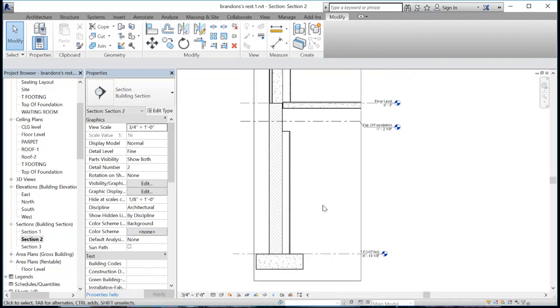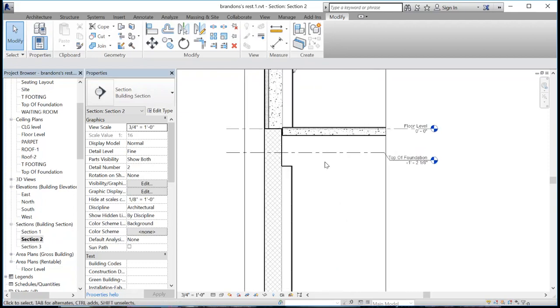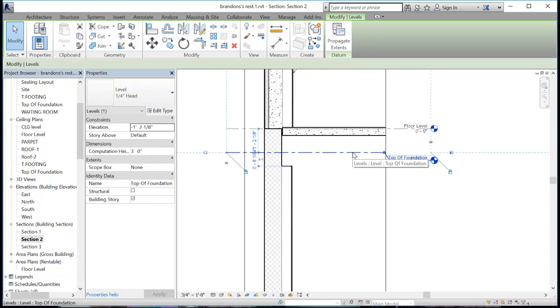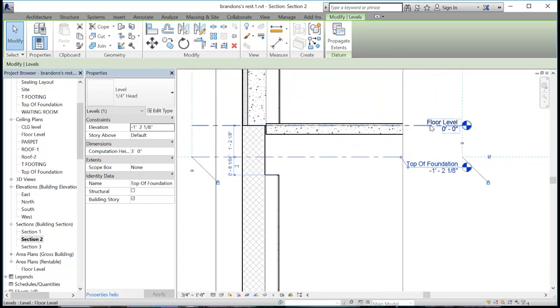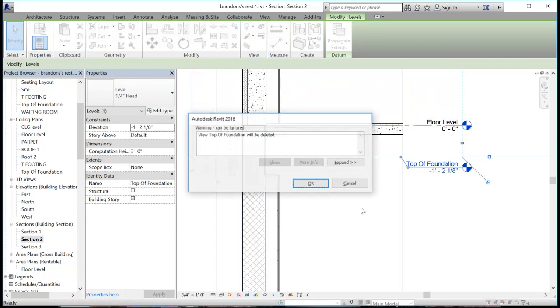Alright, so top of footing would be fine there, but we're going to change this height. There's absolutely no reason to have something almost 10 feet deep for a footing. What I also want to do is change the top of the foundation. I'm actually going to get rid of the top of the foundation altogether. The top of the foundation can be the same as floor level 0 because it's going to go right up to that point. So if I delete that,